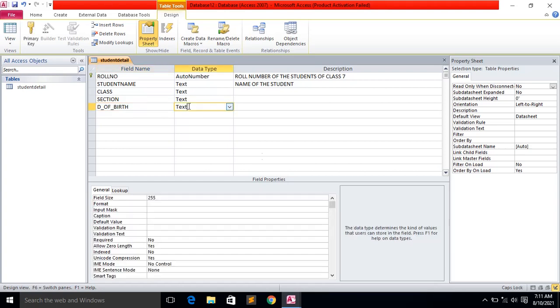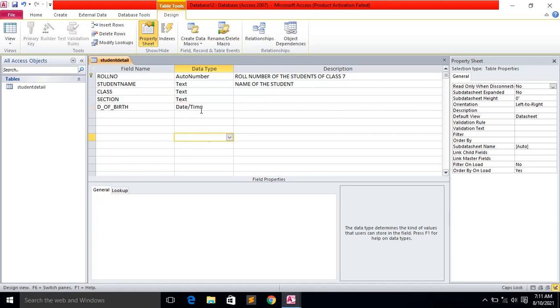So if you want to insert the date and time, there is a particular data type, Date/Time. So give the date type. Now this much field I want to enter. Now our entering the field, the designing part, is finished. Now you just give save. When you give save, then see this key, what is the meaning of this key?